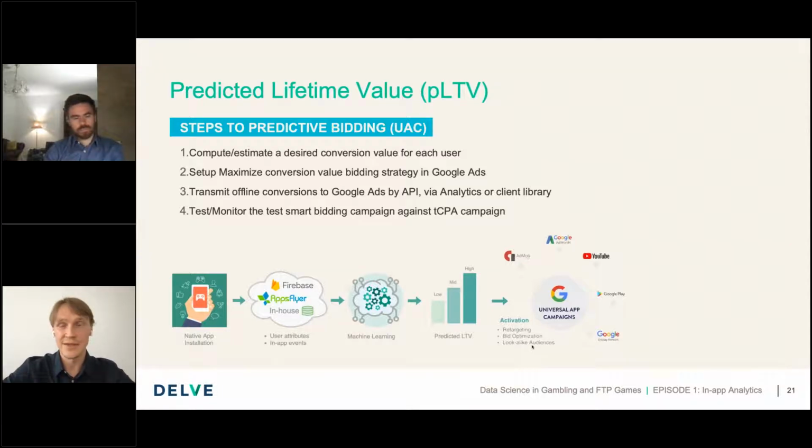And this last letter in this abbreviation is actually the value which we are going to share with Google Ads, so that this system can play its background data, its understanding of users, and find more high valued users for your app. And later on, we will share the roadmap to implement such a scenario.